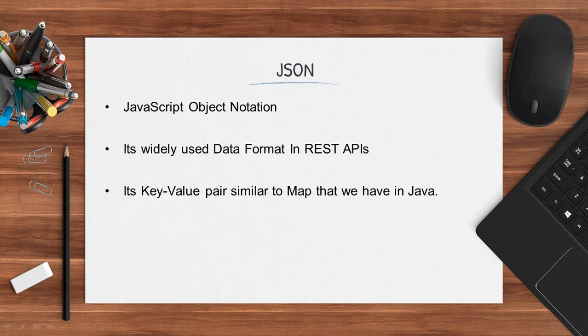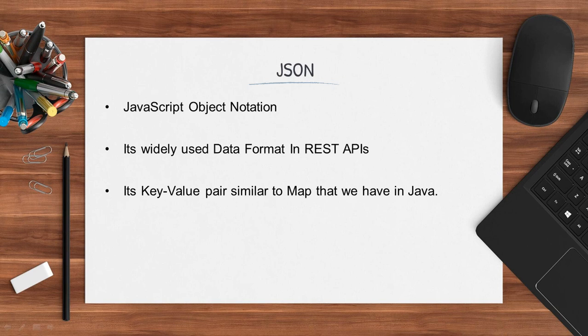JSON is basically key value pairs. If you take the example of a map in Java, that is java.util.Map, there also we have key value pairs. In the same way, we have key value pairs in JSON. The only difference is that in java.util.Map we can have any data type for our key. It can be string, long, integer. While in JSON, your key will always be a string. Your value can be of any data type, for example string, long, double, or any other object. But your key will always be the string data type. So this is a short introduction of JSON.